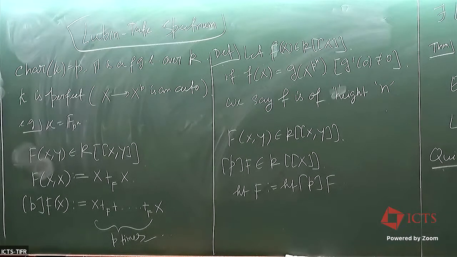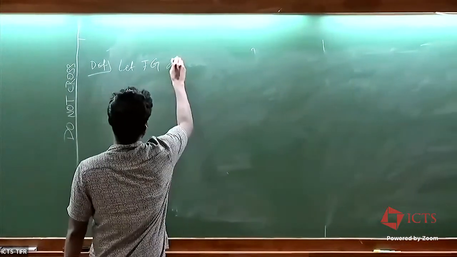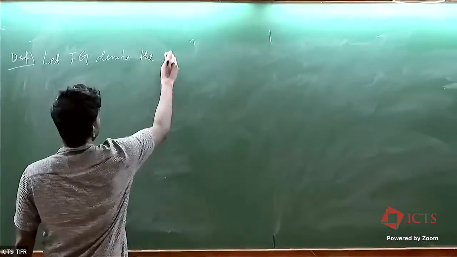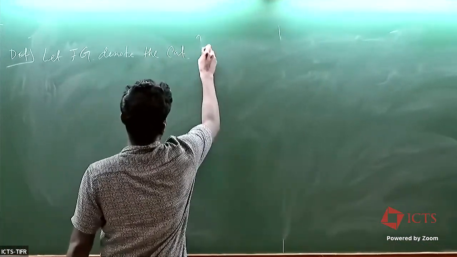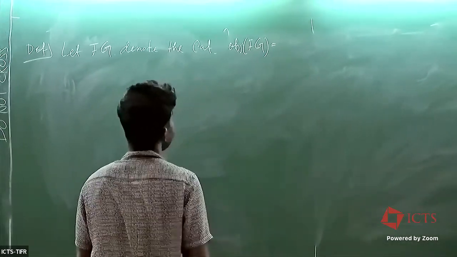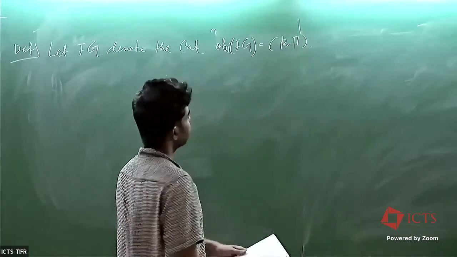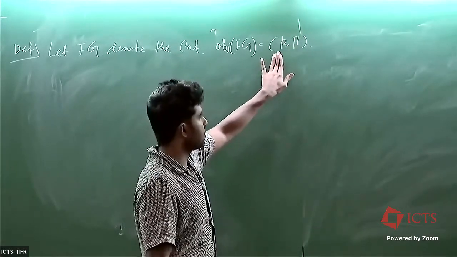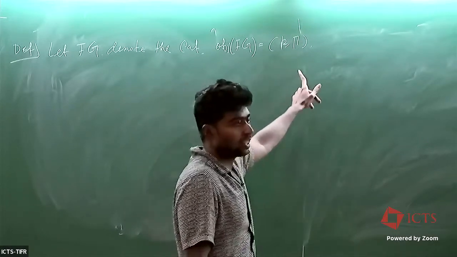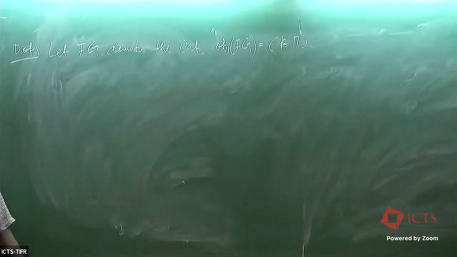Definition again. Let FG denote the category where my objects are like (k, Γ), where k is a perfect field of characteristic p and Γ is a group law of height n over k. So a pair like this is my object, and a morphism